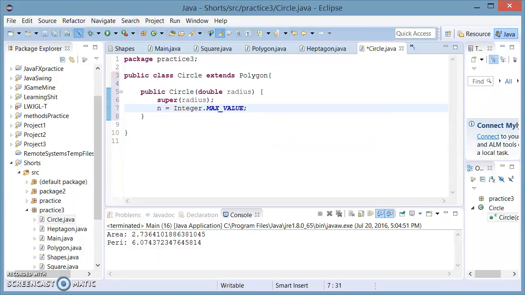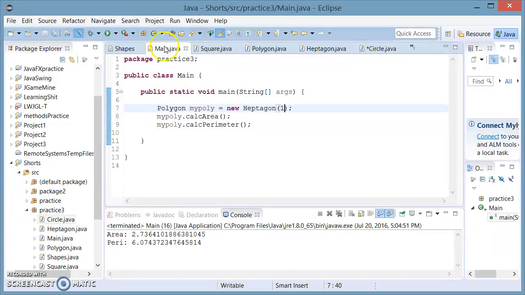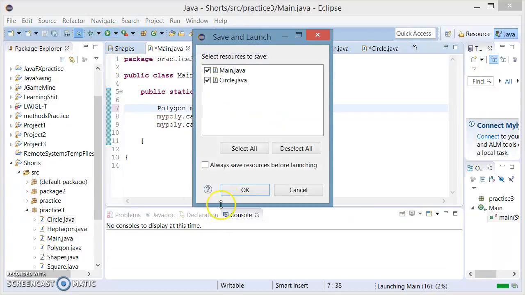I am treating the circle as if it were a polygon with an infinite number of edges. In this case, just the max number of integer, which is 2.1 billion or something like that. So it's a large number and it's going to suit our purposes. And now if I go into main, I can just change the object that we're instantiating to a new circle of radius 1. And if I run this,